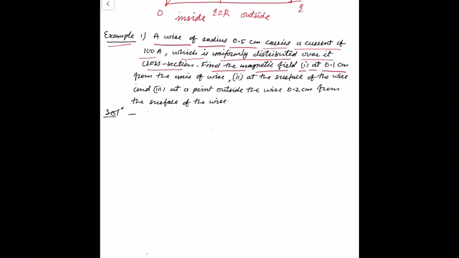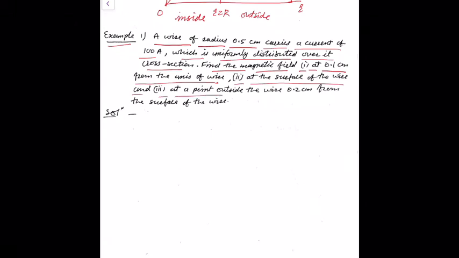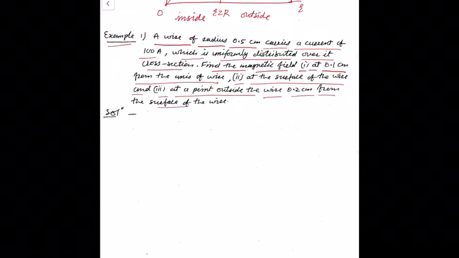Find the magnetic field first at 0.1 centimeter from the axis of the wire. Second, at the surface of the wire, and third, at a point outside the wire, 0.2 centimeter from the surface of the wire. So solution here,